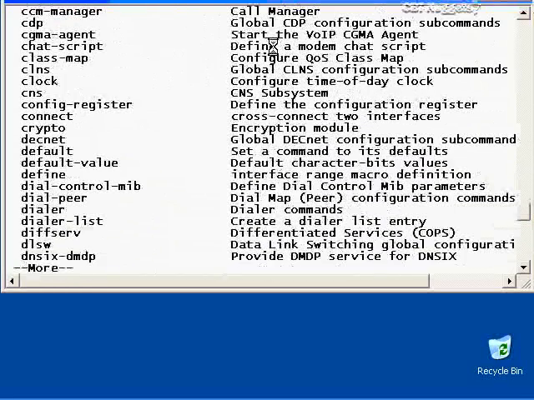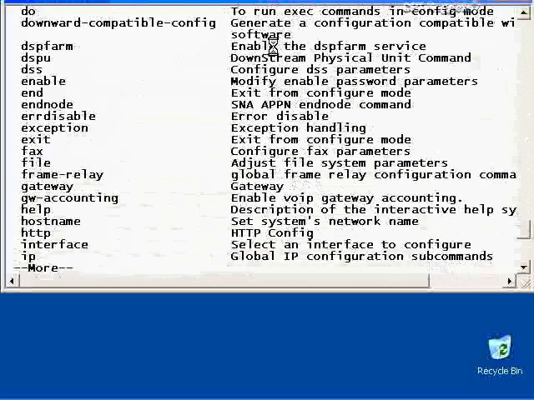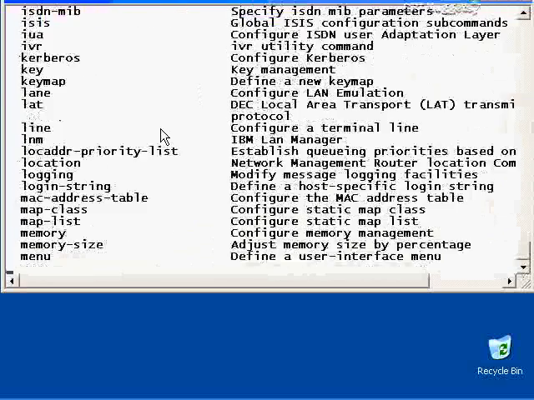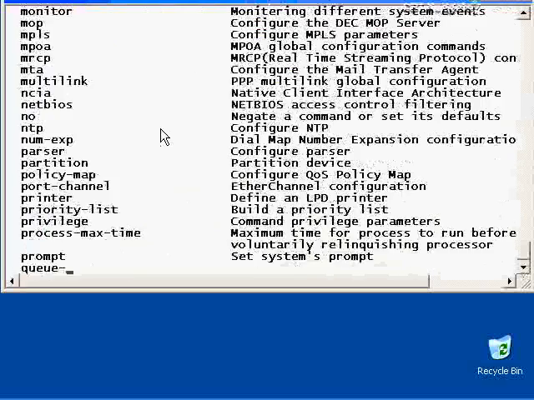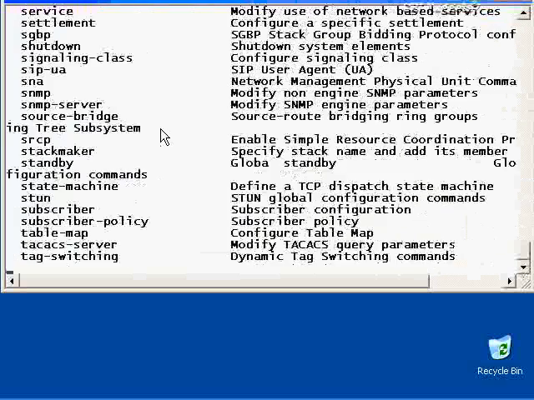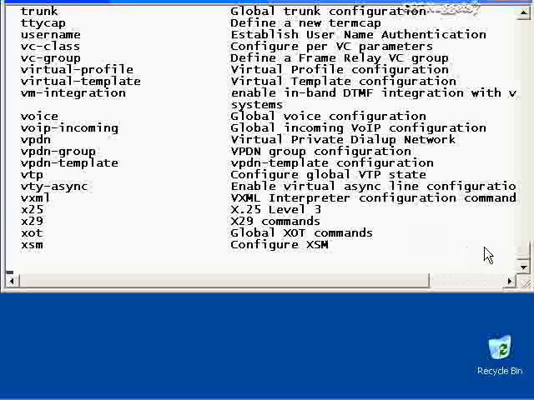And again, this is like the Unix operating system, but it's got commands specifically for this router network device. By hitting the space bar, I just kind of scroll through all the many commands. You can see IP, there's the global IP configuration commands that you're familiar with. And if I hit the space bar, it continues to go down and give me many commands. Okay, there you go. Now, again, I'm accessing this router through what's called a command line interface, but I can